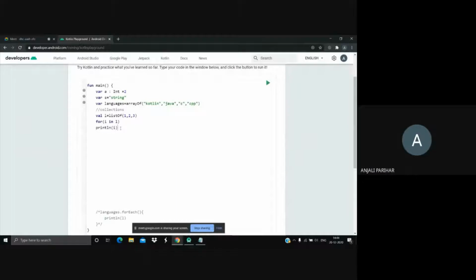And what is the difference between the list and the mutable list? Now let's deal with the mutable list. What I can do in a mutable list is, at the time of running or iteration, insert values, delete values, and update values. This is the main difference. Otherwise it will do the same work.